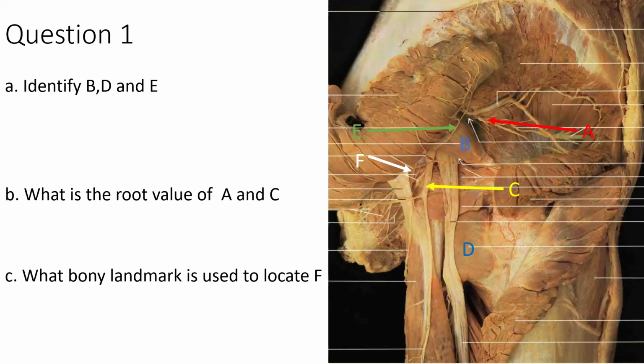What is A and what is C? So A is superior gluteal nerve, and the root values L4, L5, S1. Okay. Superior gluteal nerve, L4, L5, S1. Okay. So I think all of you have come to the conclusion that,